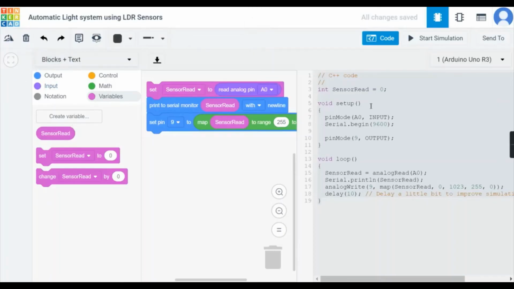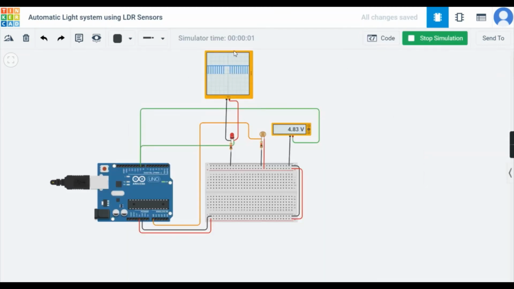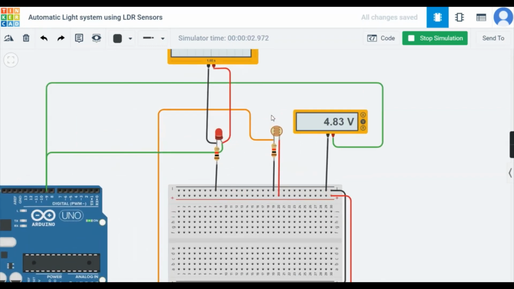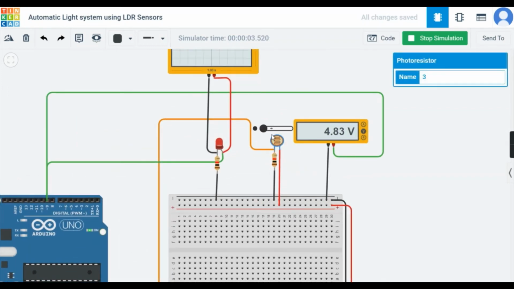Returning back to Tinkercad, let us execute our code and start the simulation. With the simulation, we would know some insights of our circuit. Now let us have a look at the oscilloscope, which is showing the signals which are passing through this LED. This photoresistor circuit has been designed in such a manner that as the ambient light increases, this LED intensity decreases.